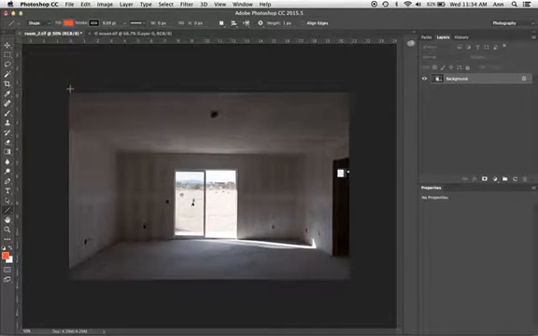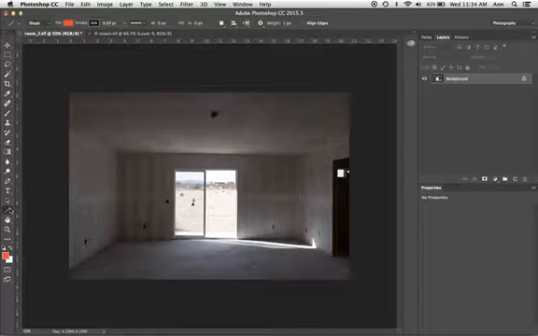In this video, we're going to go over the process of how to wrap an image in perspective, where I'm going to take the ocean and wrap it around this room. The first thing that you want to do is set up some perspective lines.